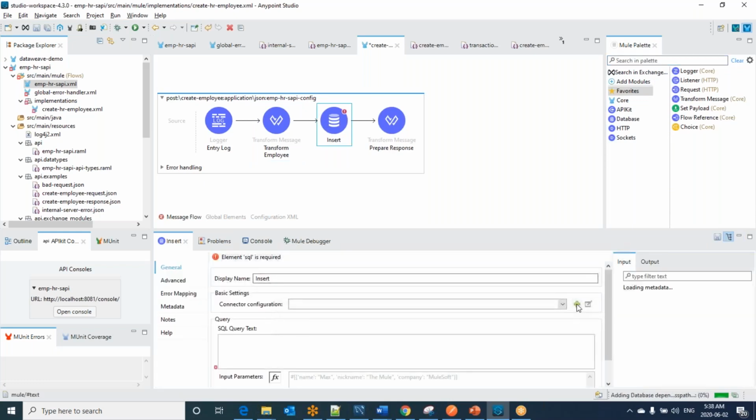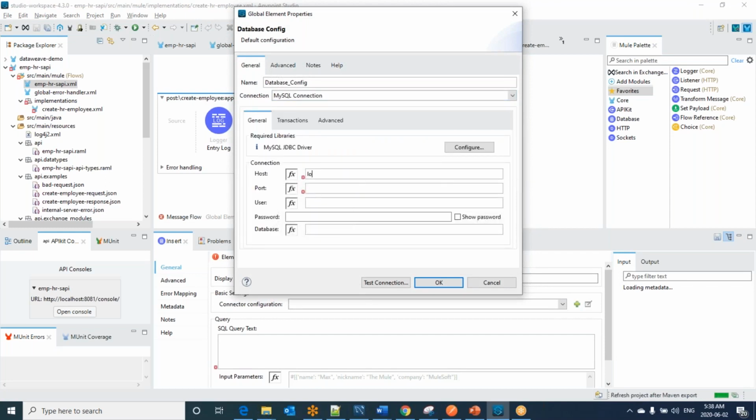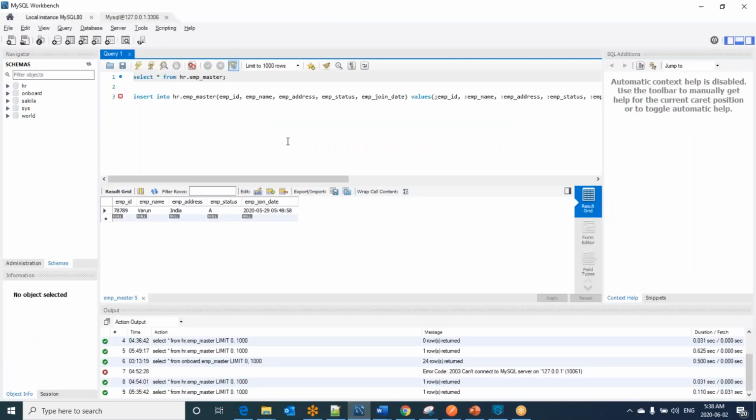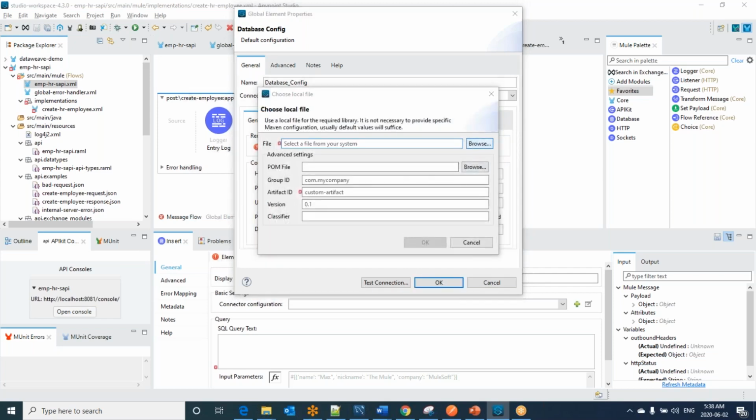Let me create a DB configuration. So let me go ahead with MySQL, as we are using MySQL for this. And host should be localhost. Port should be 3306. User I have is root. Give the password and load the MySQL jars. I have these in the software folder.